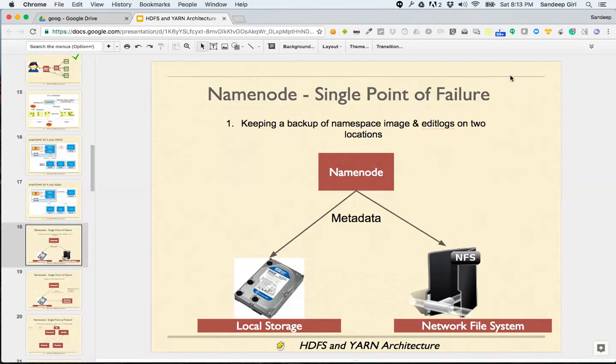So what you did was you took an image of the name node's memory. It took some time, but it prepares the entire image of the memory. And then it kept on maintaining the edit log from the point when the image was created.